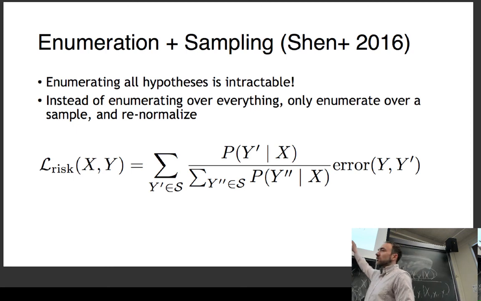There are a few tricks that go into optimizing this that are written in the paper. One thing is they remove identical hypotheses. That's absolutely necessary. Another thing is sometimes they include the true hypothesis in your sample space all the time, in order to make sure there's at least one good hypothesis there. They also exponentiate the probability here to make the distribution more peaky or less peaky. So if you're interested in the details, you can look at the paper. But I like this method myself. It has worked well for me in the past. So I think it's worth considering.